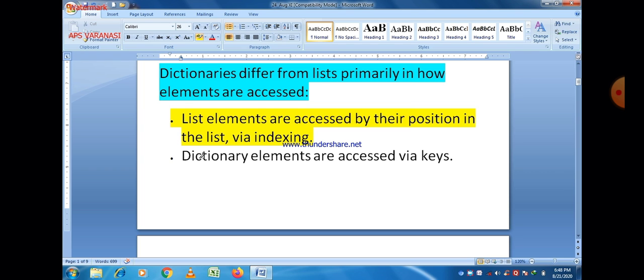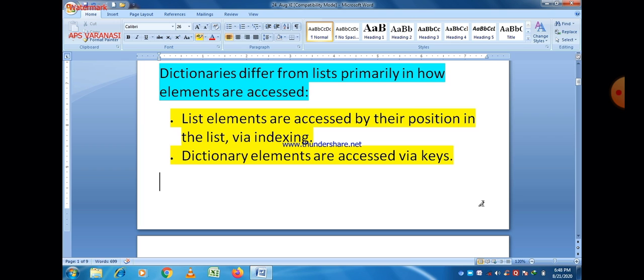Every element has a certain key, and using that key we can access the element. It is not like indexing.